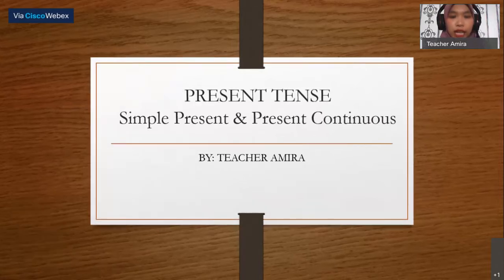Okay, so we're gonna learn about present tense. I know that you are very familiar with tenses. There are three types of tenses, which are present tense, past tense, also future tense. However, I know that no matter how many years you have learned, most of us, I'm not saying all, are actually still confused